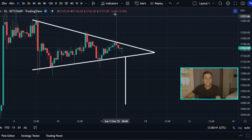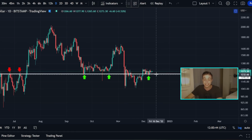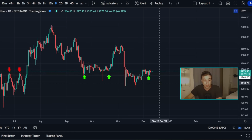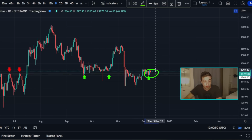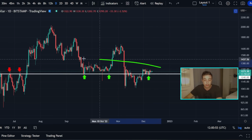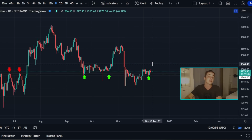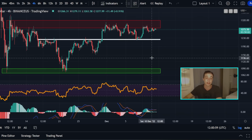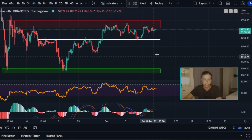But anyway, getting into the Ethereum part of this video, this right here is the daily ETH to US dollar chart, and over the last one day, not much has happened on this chart. So if you want to know more about this chart right here, then check out my last video on this channel. But anyway, zooming straight into the shorter term, this right here is the 4-hour ETH to US dollar chart,